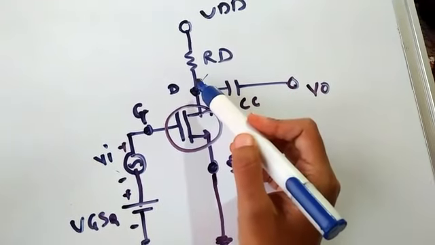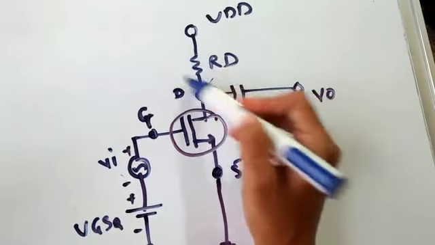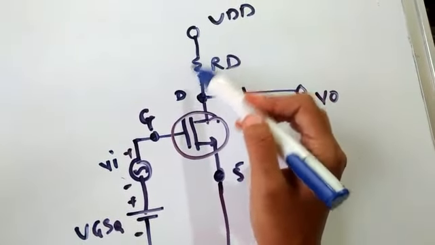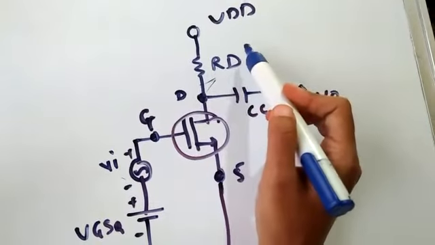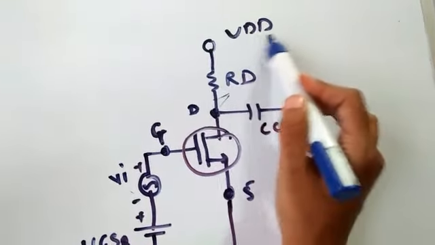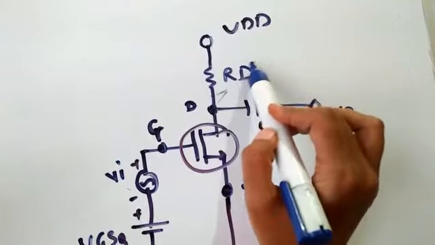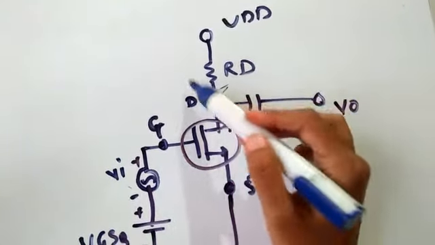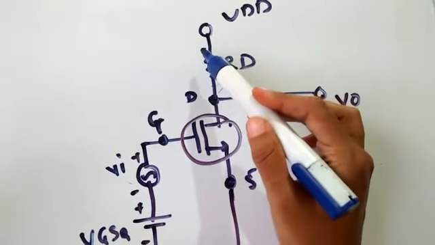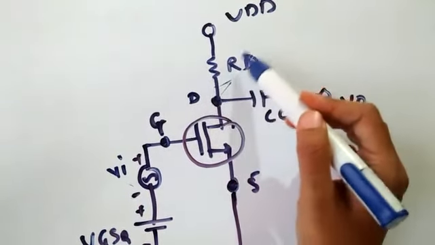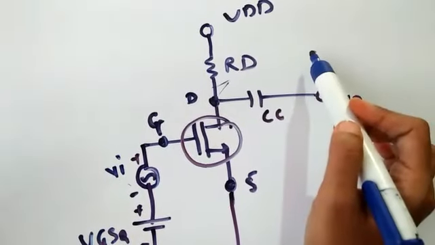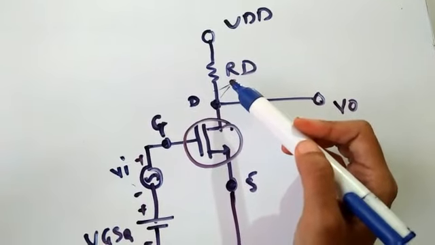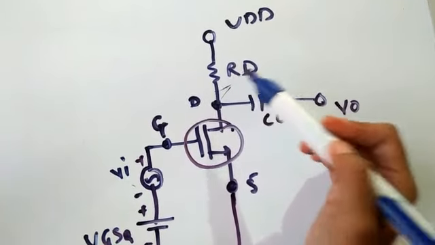the voltage drop IDRD changes above its Q point. Whatever drop you get here will change above and below IDRDQ. It means the drop which is due to this VDD is IDRDQ, but due to this AC signal we will get again some drop, and that will flow above or below that IDQ. Hence VDS will change simultaneously below VDSQ, because VDS